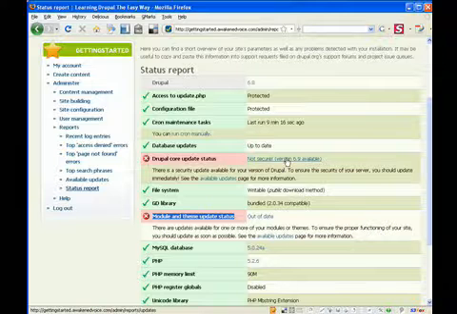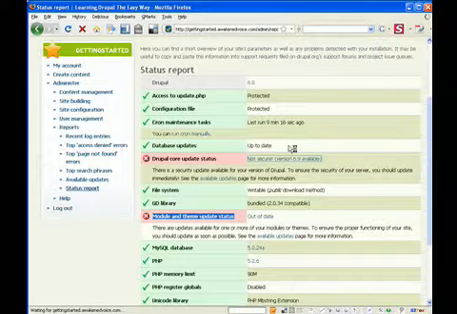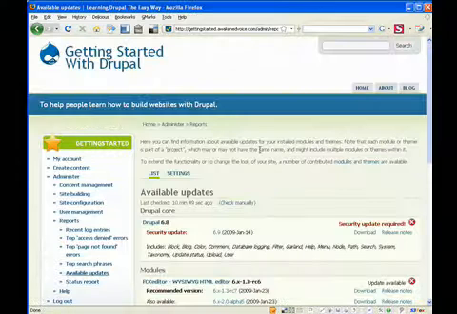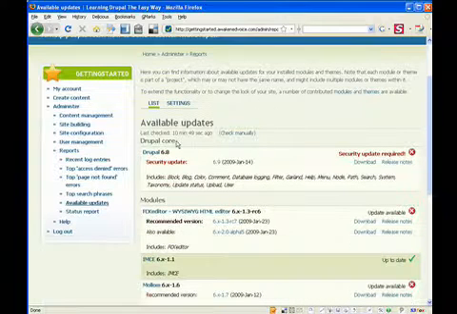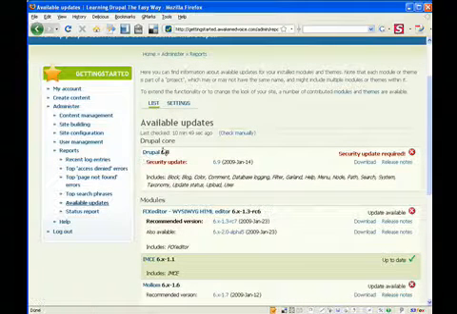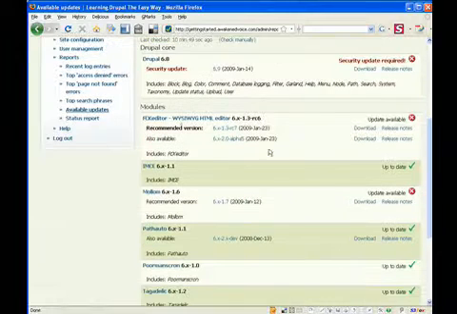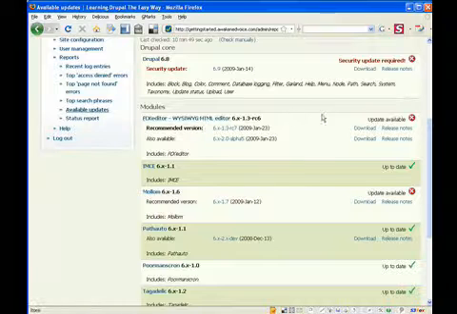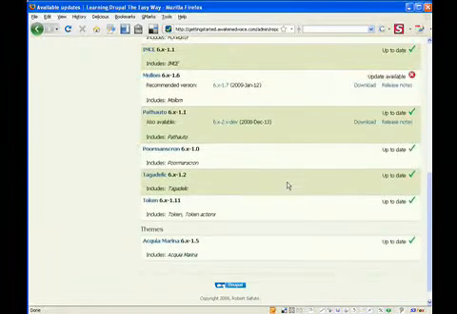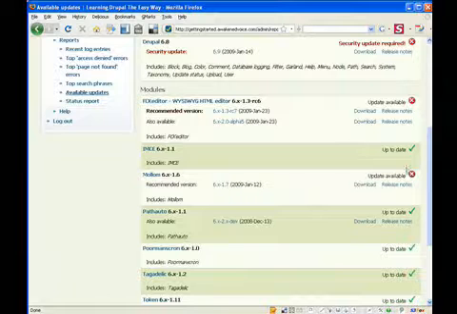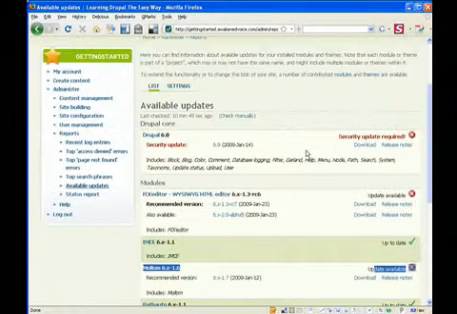If we click on this link that says not secure, it will take us to our available updates page, and if we scroll down we can start to see all the things that are available. At the top you'll see the Drupal core status. In this case we're on 6.8 and 6.9 is available. If we scroll down we'll see there's a couple of other modules that require updates, and so we can deal with those individually. So what you want to do is look for this update available and the red X,